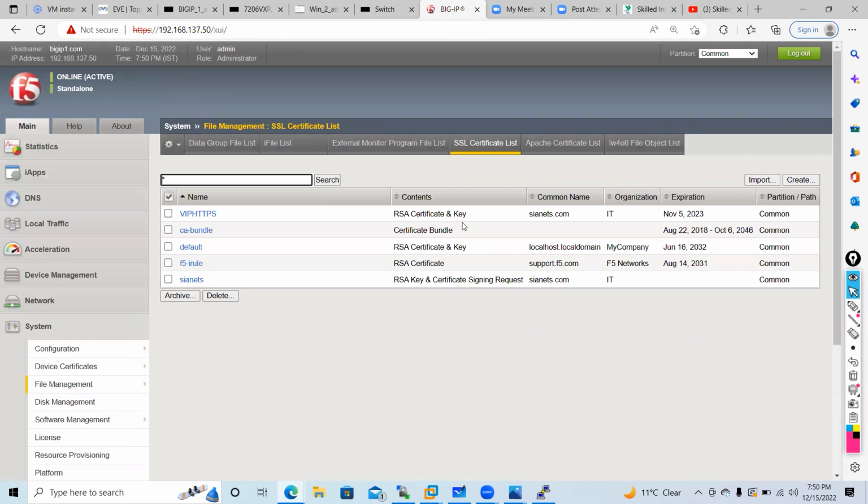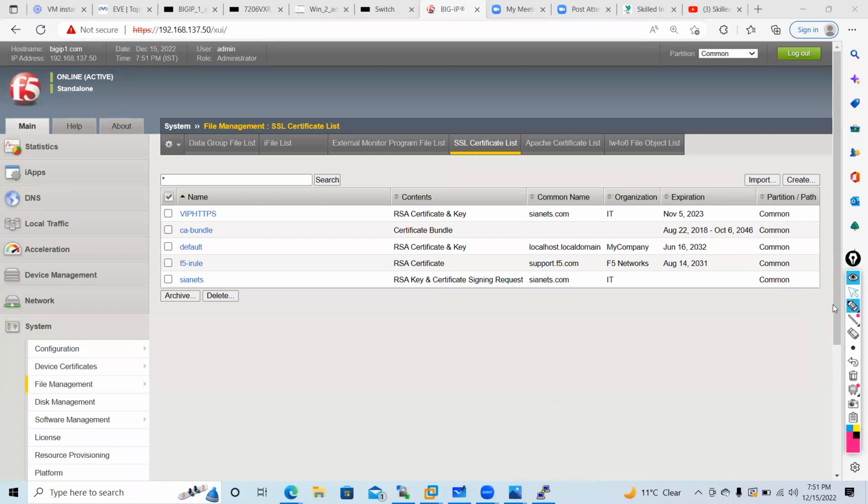One person answered very correctly: offloading means I'm offloading the load from the server to F5, so that F5 can perform all the logic which was previously done by a server, and save the resources of your server. The server is not that powerful. F5 has a dedicated traffic management microkernel. F5 has a dedicated SSL engine. It can handle many SSL requests per second, but your server cannot handle it. So that is an advantage of SSL offloading. I hope you got it.